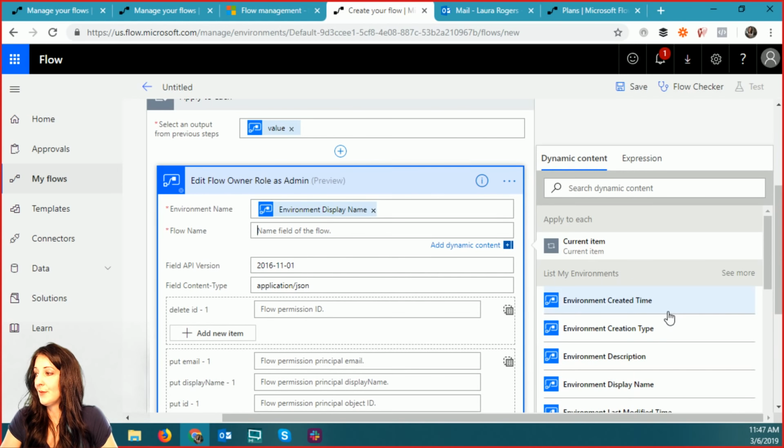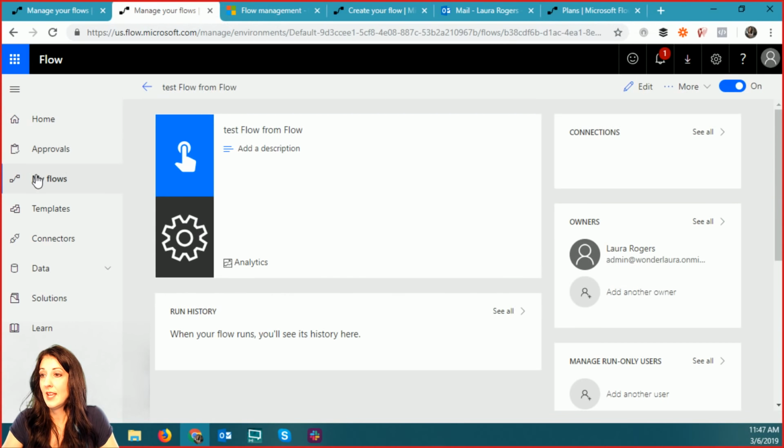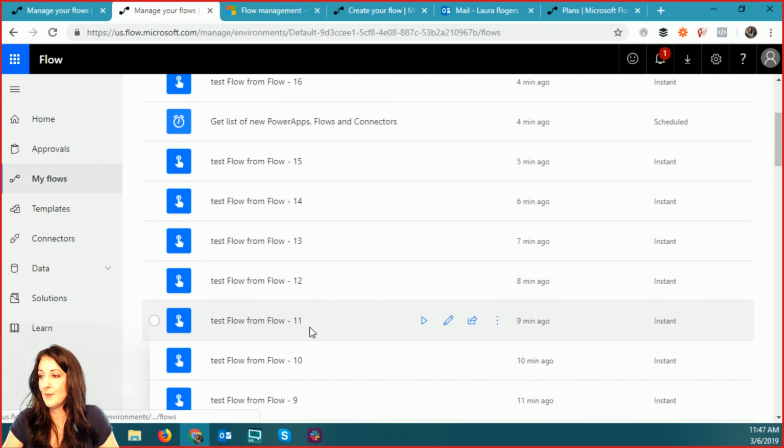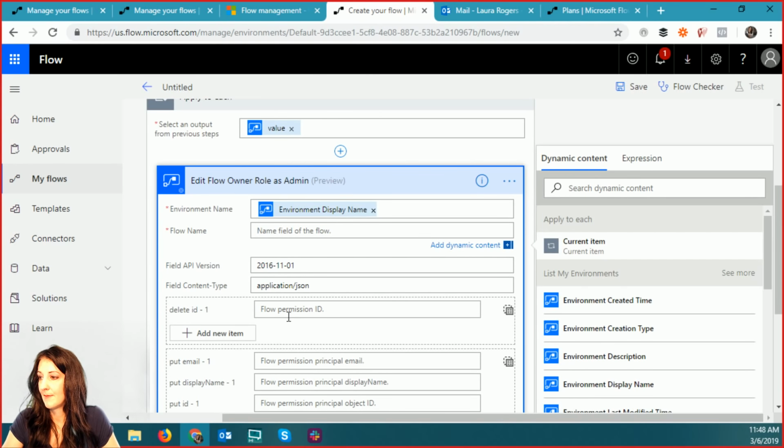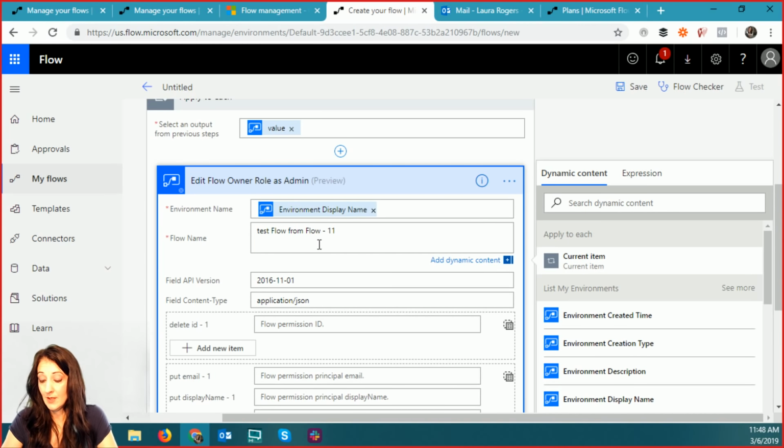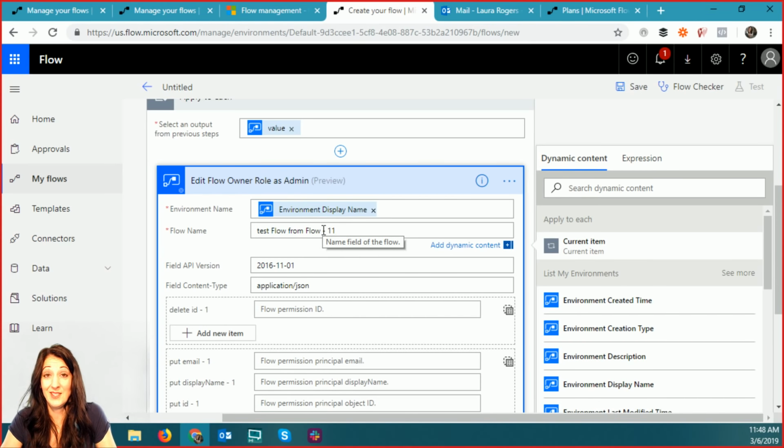And then the name of the flow. So now I need to know, it's not giving me a drop down. So remember one of the actions I was doing a minute ago to do something with the flow, it actually gave me a list of choices of flows to pick from. So I'm actually going to go over here and just look at what the name of, I'll just say like test flow from flow 11. I'll just grab that name. Hopefully that'll work. Just text. It doesn't seem like it would, but